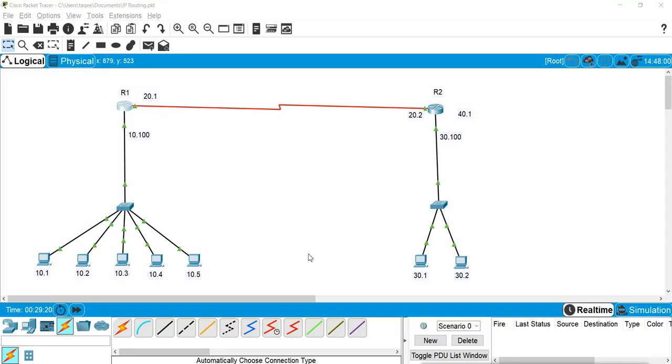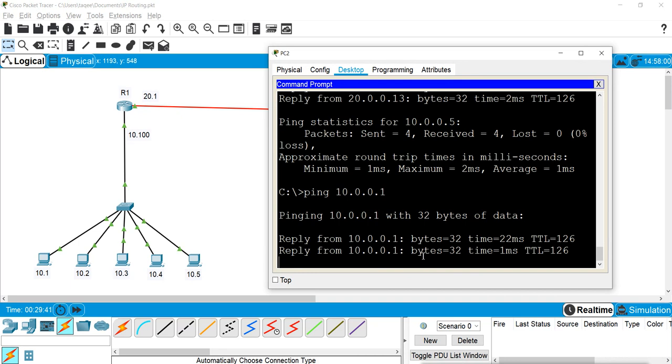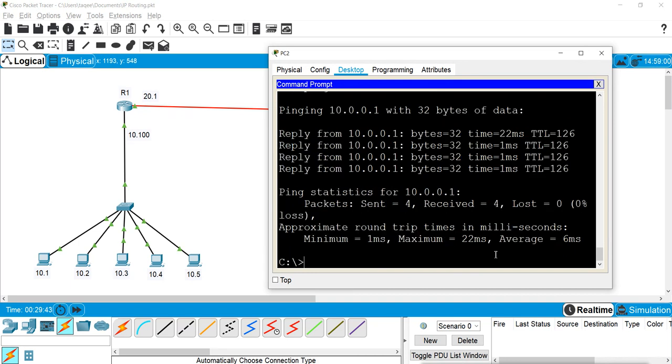Now again in the same network, last time I removed the static one, so now I can configure the dynamic one. First, these are the IPs, and since we have removed the configuration, if I ping again, it will get the reply from the same IP. We start getting the reply from the same IP because we have removed the previous configuration.